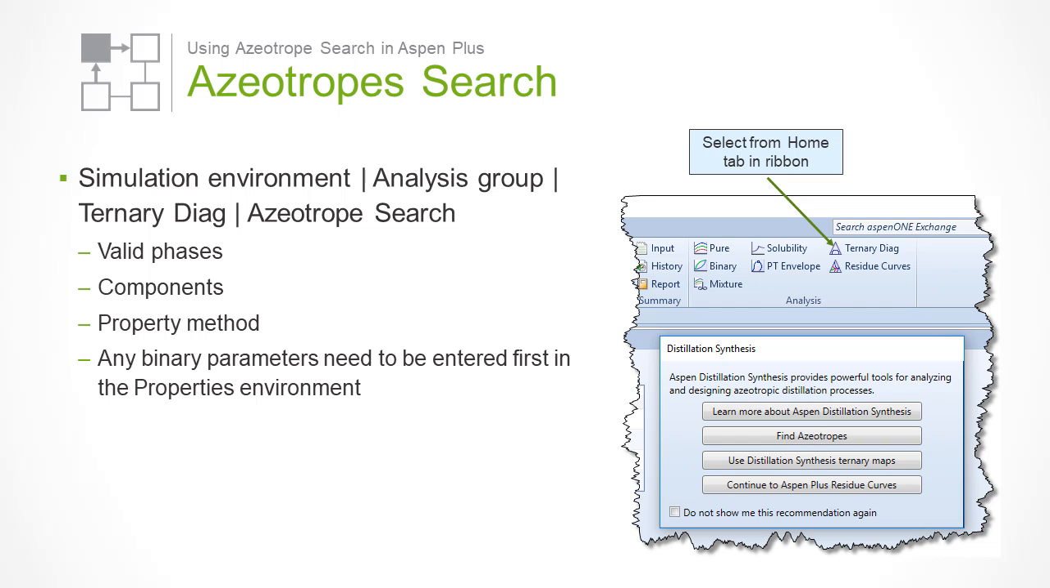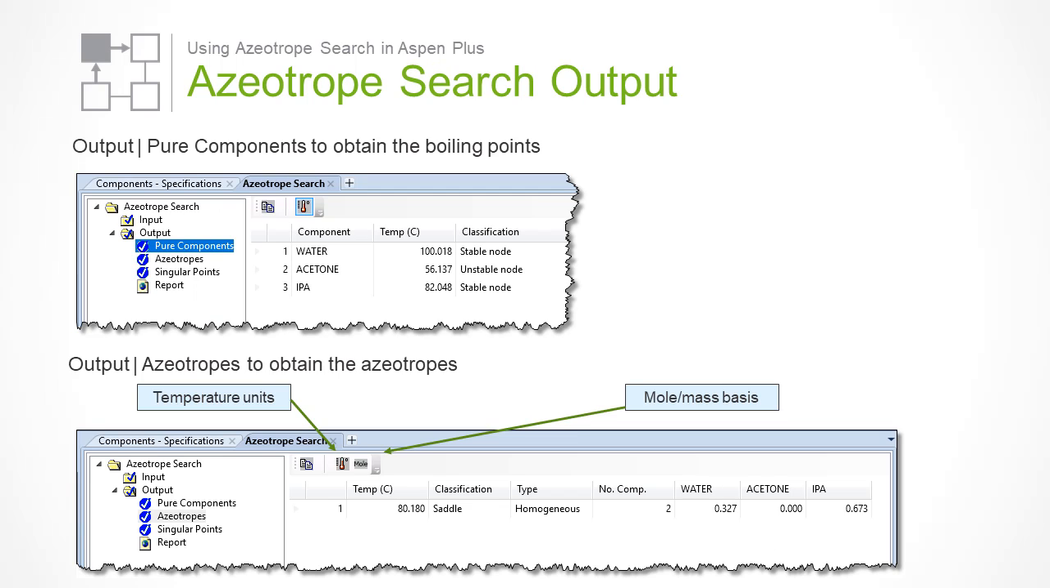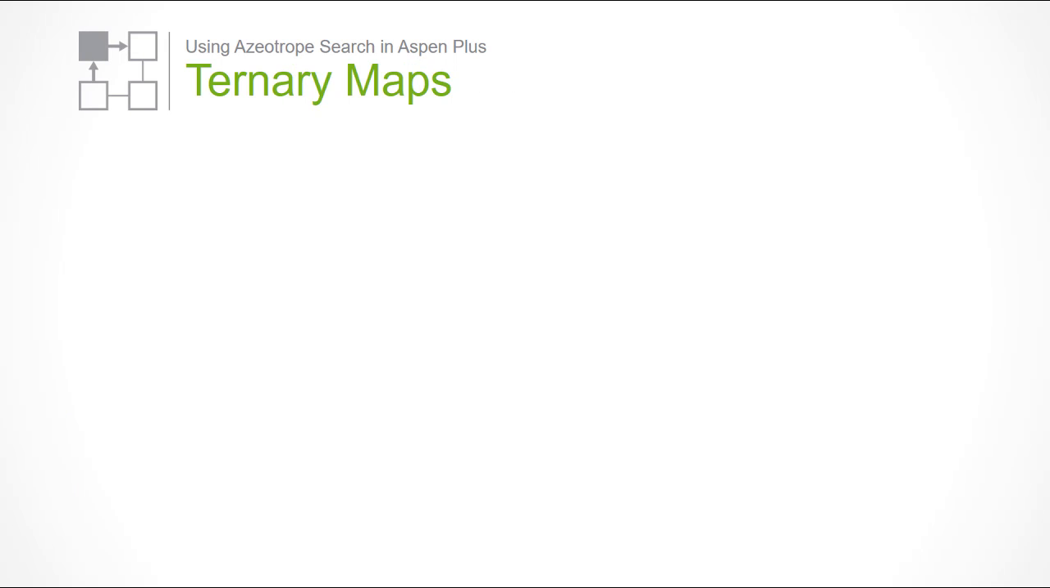We can enable an azeotrope search from the analysis group as well. Given valid phases, components, property methods, and necessary binary parameters, a search for azeotropes can be performed under specified pressure. Under Output, you can obtain the boiling points for pure components and azeotropes formed from a selected mixture of components at a specified pressure. One of the most useful tools is the Ternary Map, which can be created via the